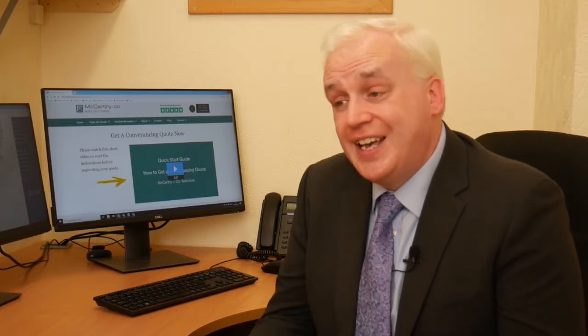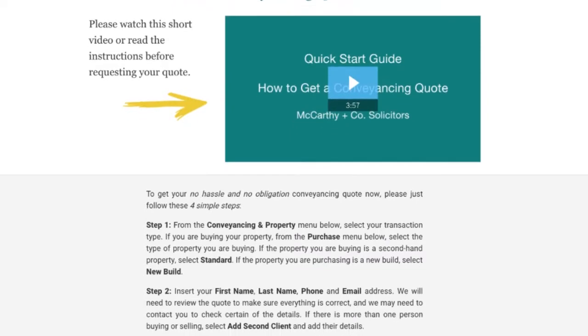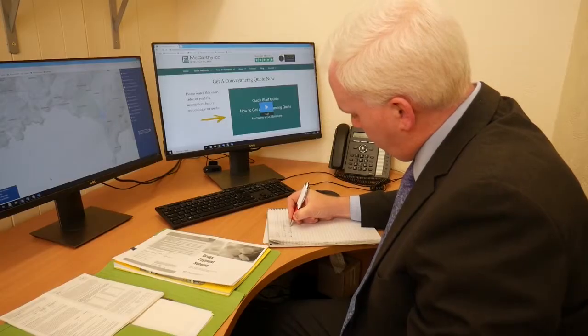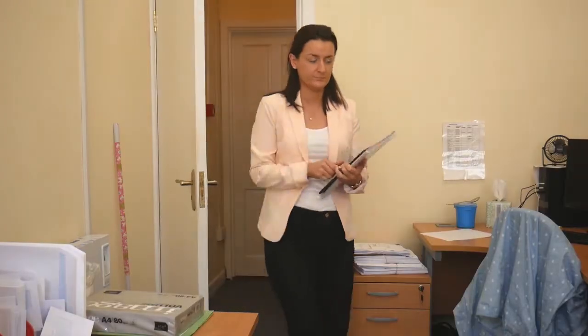can fill in online, put in most of the details of their transaction. We then review that, give them a quick call to discuss the details and send them a quote by email shortly after. The idea being that they know from the outset what the costs are likely to be and they can plan accordingly. So people don't need to live in Clonakilty or Cork to use our facilities and to use